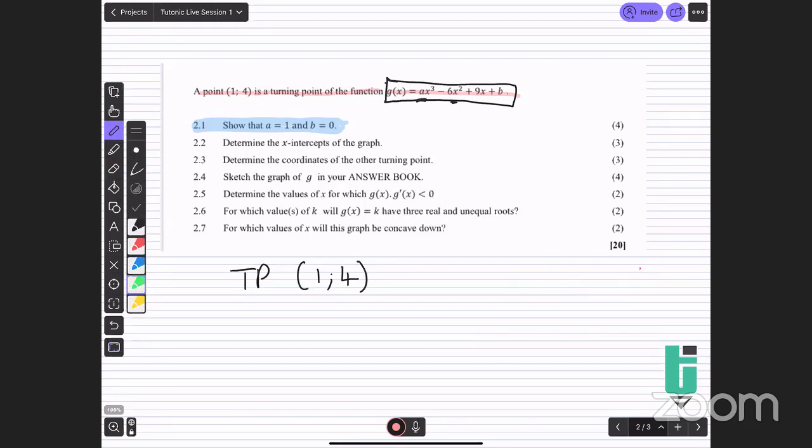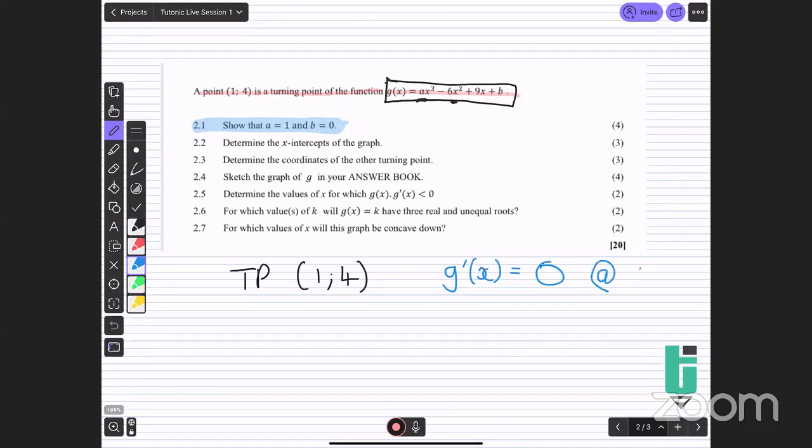What about the gradient? It's equal to 0 at the turning point. Yeah, but it doesn't say the gradient because the gradient changes, right? So at the turning point, the derivative, or g dash x, because this function is g of x, g dash x equals naught